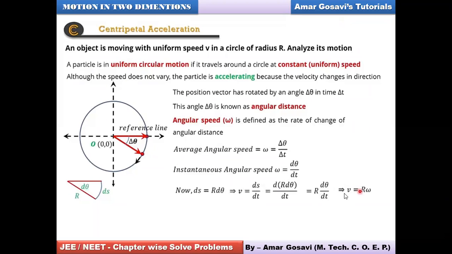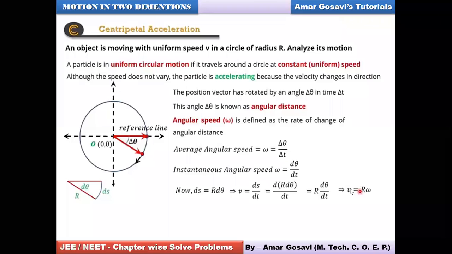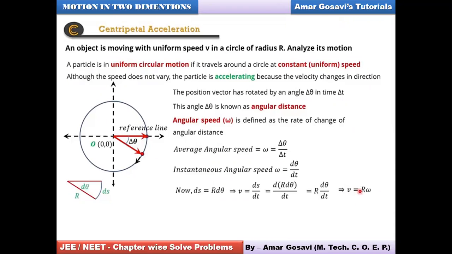So we get the relationship as v is equal to r omega. This is how we derive it. In vector notation, the same thing can be expressed in the form of a cross product: V bar equals omega bar cross r bar. You cannot change the order, it's not commutative, because it is represented as a cross product in vector form. So this is how we derive the relation between the linear velocity, angular velocity and radius vector.